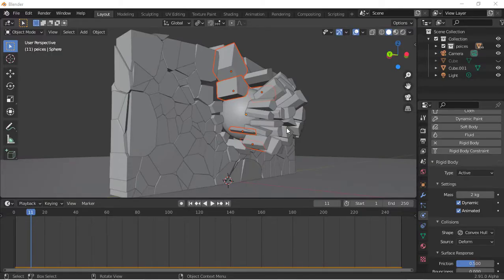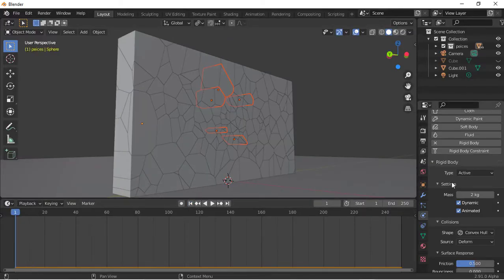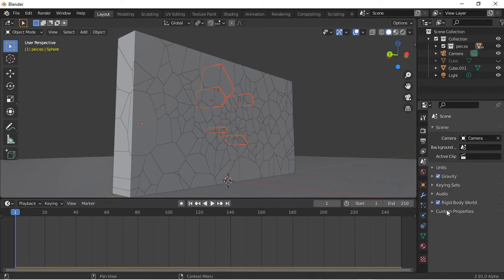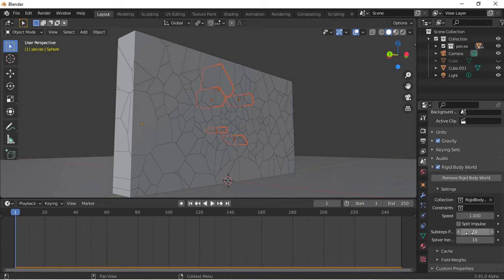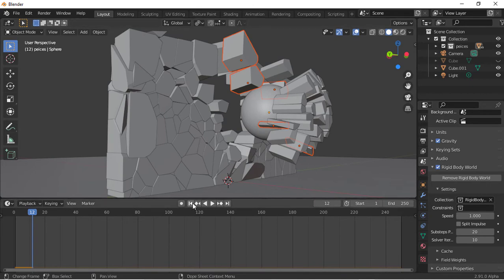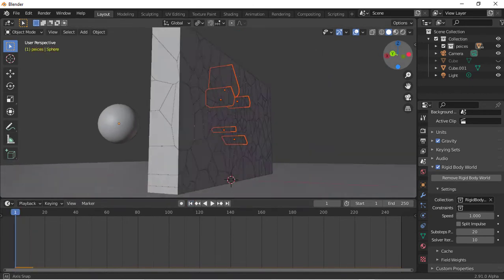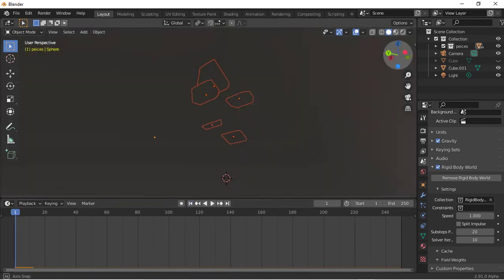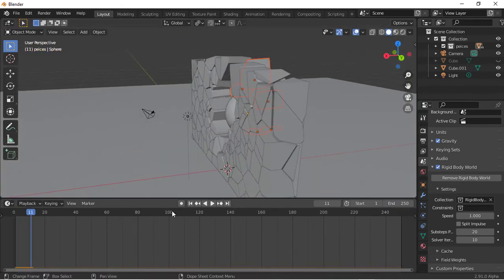To up the animation a little bit, I'm just gonna go over to the world and change the rigid body world substeps to about 20. Yeah, it makes it slower, but it makes it better. This should be it. Now it's just to